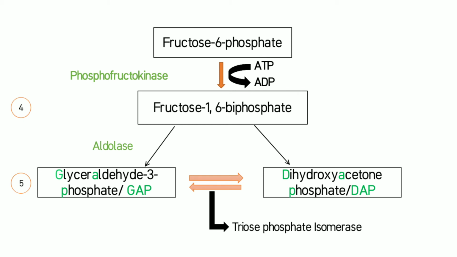Okay, so to continue the process of glycolysis, the dihydroxyacetone phosphate, or DAP, molecules produced are further acted on by the enzyme triose phosphate isomerase. This enzyme reorganizes the DAP, or dihydroxyacetone phosphate, into a glyceraldehyde 3-phosphate to continue the process of